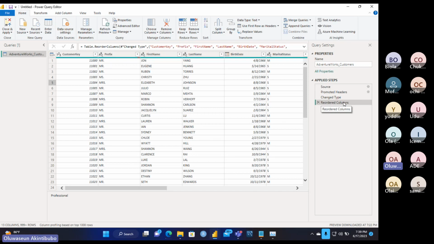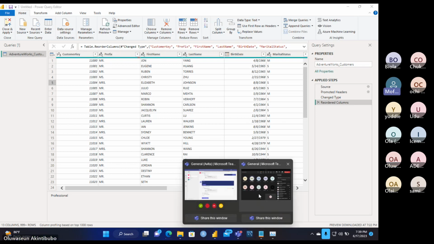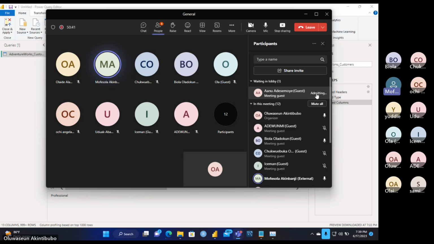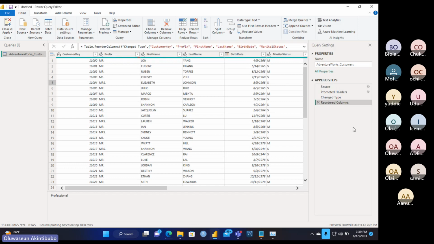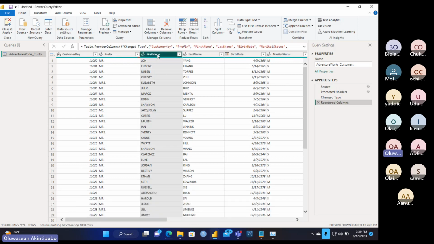Let me know if I'm too fast. Yes, okay, but I didn't see you doing it, so I don't know how you did it. Yes, don't worry about it. When you want to move your column, just click on the column that you want to move and drag it to wherever you want to move it. Just click and drag. It's as simple as that.